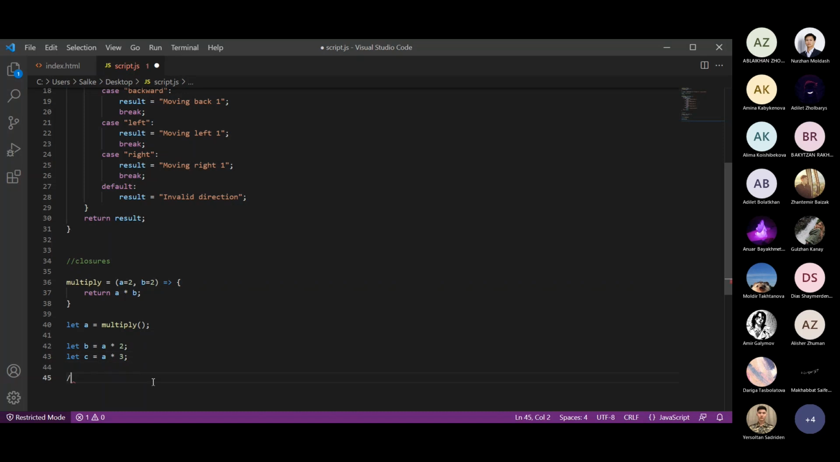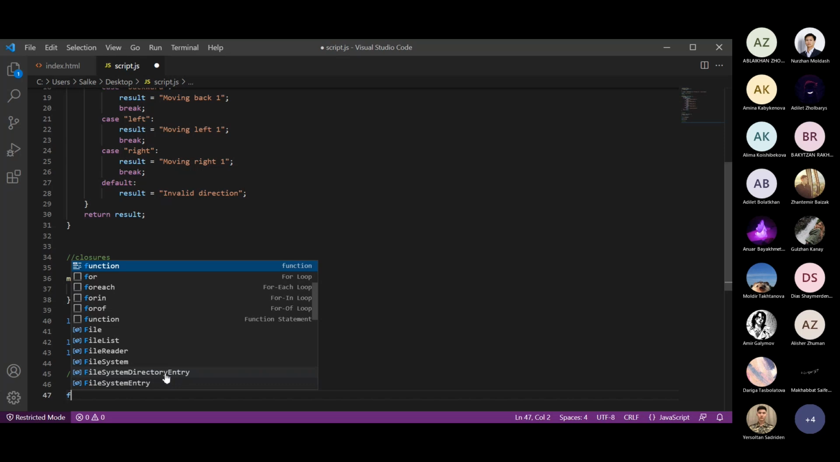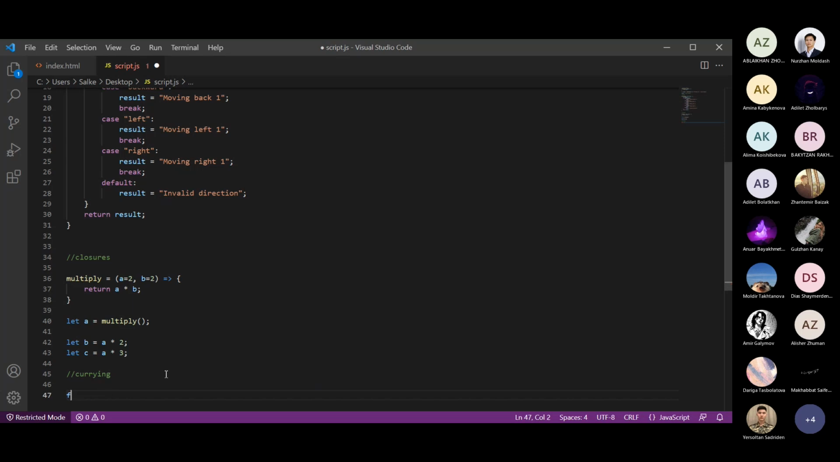Next thing I would like to introduce is currying. And currying is an advanced technique of working with functions. Okay, it is used not only in JavaScript but in other languages as well. Currying is a transformation of functions that translates a function from callable. So we are going to say f is a function, and then we say